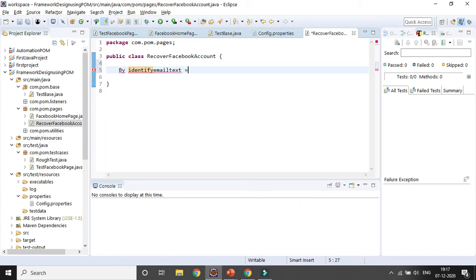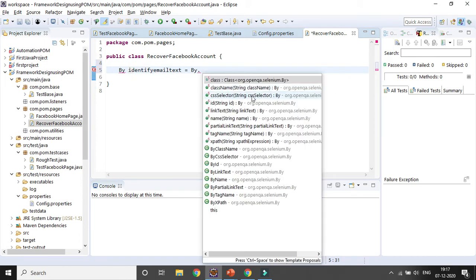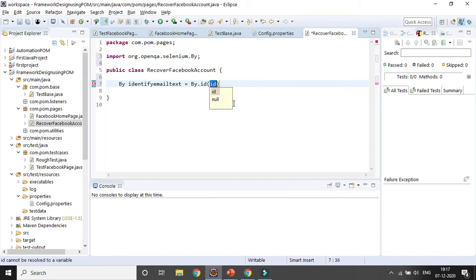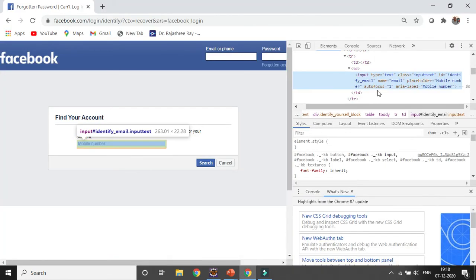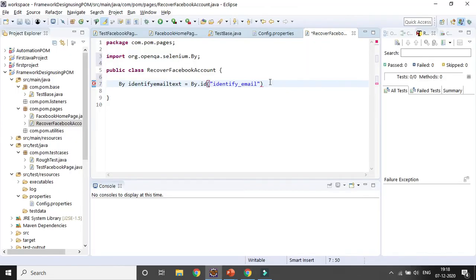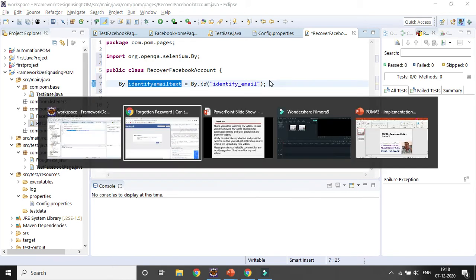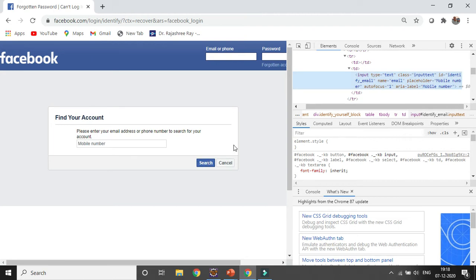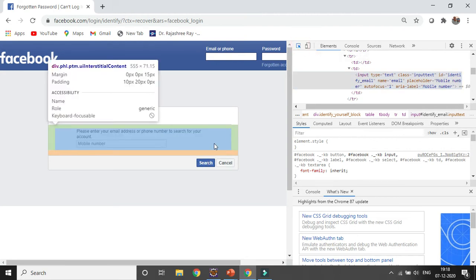Then I will identify the element with the help of By.id. And what is the ID? I am giving the ID from here, this is the ID, identify_email. So okay, this is done. One element locator has been created, one element has been identified and stored as the web element identifyEmailText.